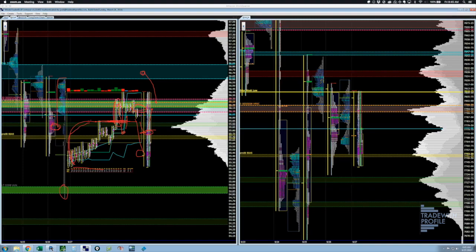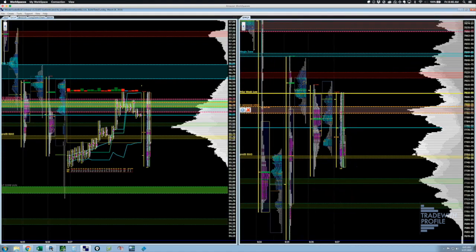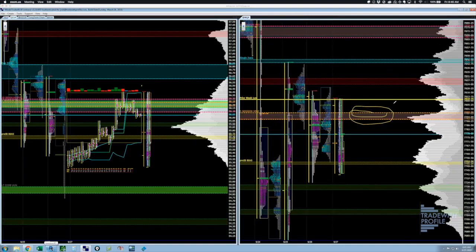As far as the indexes, which is the other place that we look to. We look for intraday trades in both crude oil and the NASDAQ, our chosen products of intraday trading. And the NASDAQ is really kind of a tough area to trade. We came in this morning with a key level right here, this 95. That's the most traded price. You can see if you look over the last several sessions, that's the most traded price.